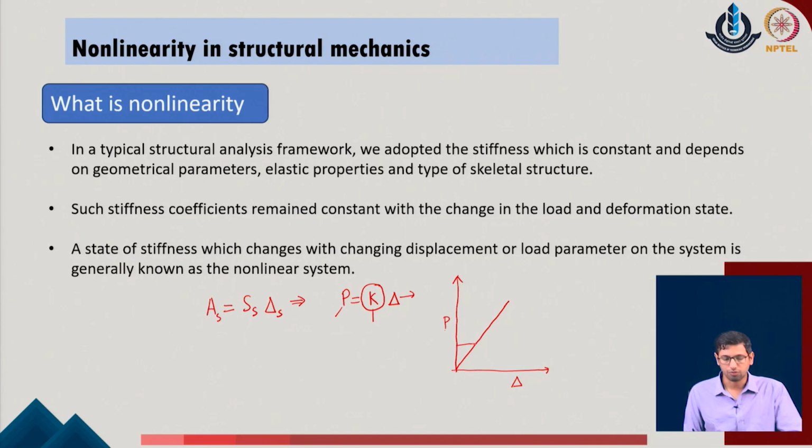So, if someone applies a load of magnitude P1, I can get the value of the deformation corresponding to it, say delta 1. Subsequently, if I apply further load and the load reaches a magnitude of P2, I can still follow the same equation because the stiffness value has not been modified, and I can evaluate the new deformation of the system, say delta 2.